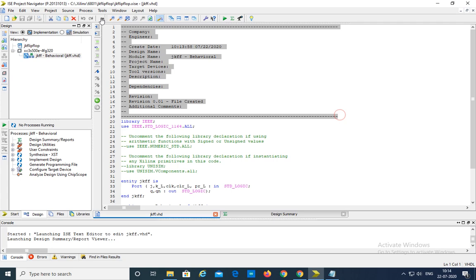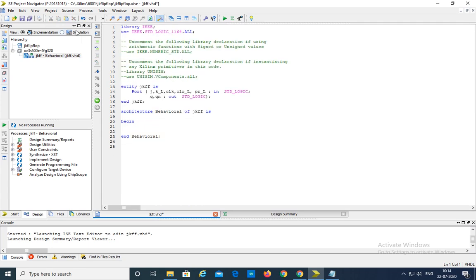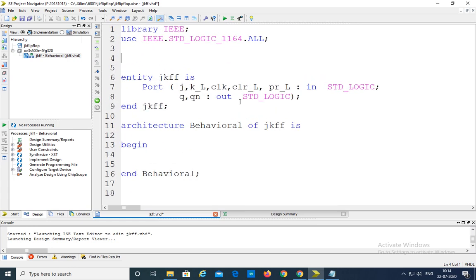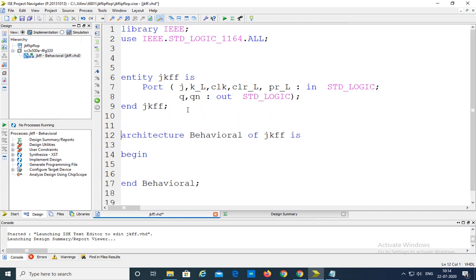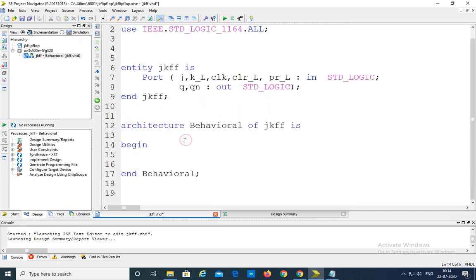Now it has generated the basic layout for the VHDL program. That is the library, the entity part, and the architecture part. In the architecture part, we have to change the output with respect to all inputs, so that's why we are using a process here.